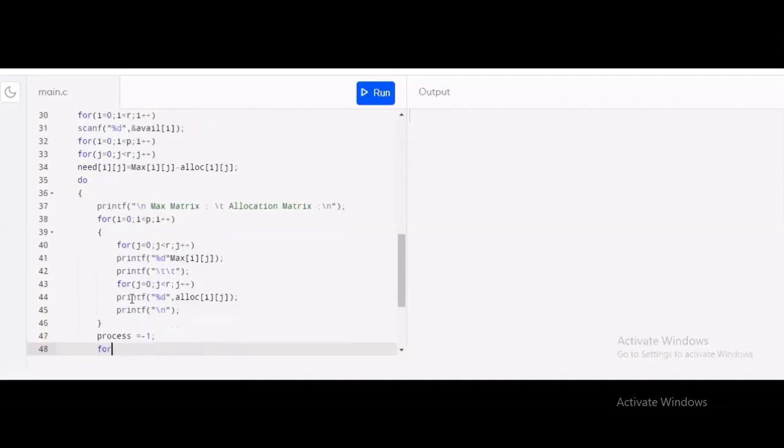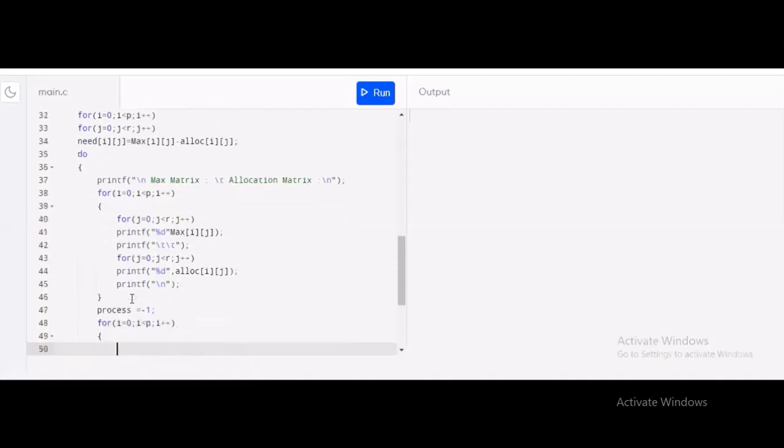So to check each and every process, I am using a for loop for I is equal to 0, I is less than p, I plus plus, p is the total number of process. So if complete matrix I is equal to 0, it means I have allotted the initial value of the completed matrix is equal to 0.